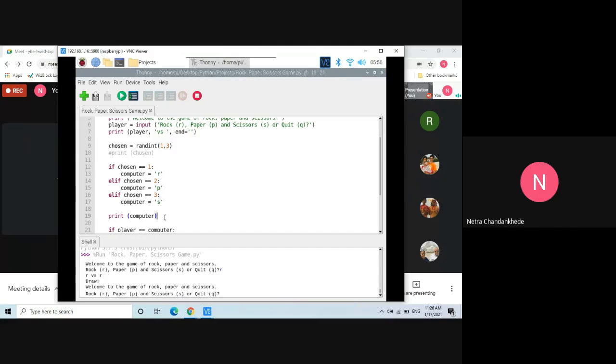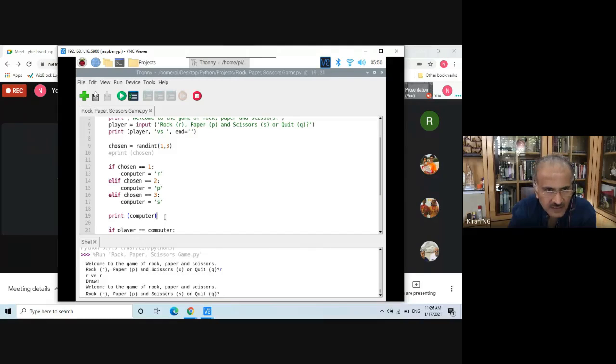Oh, okay. So that means the cursor is still there. If you keep putting that to all the print statements you have, then it will keep printing in the same line. It won't go to the next line. Oh, okay.